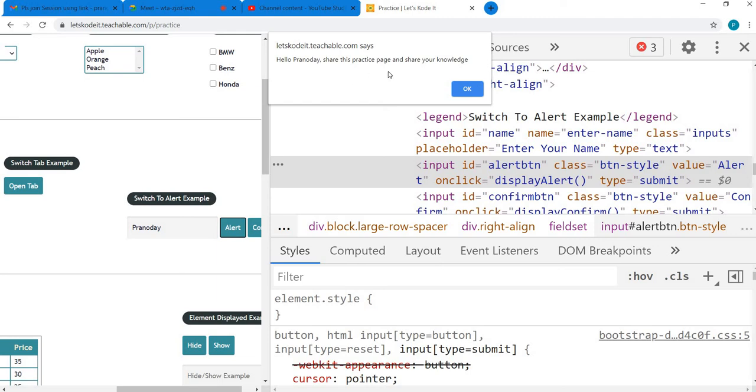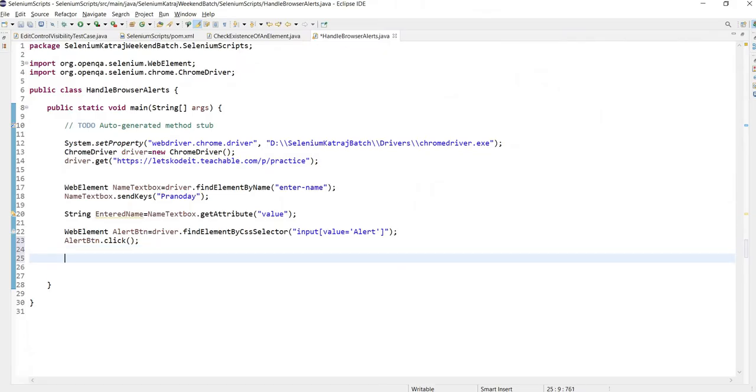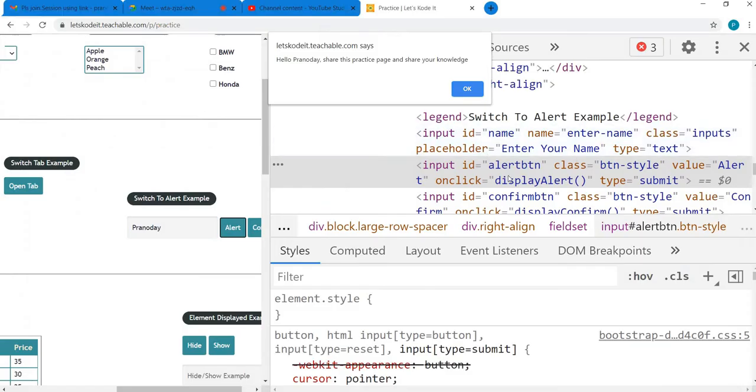What we want to do is fetch the text of an alert button, right? Right now our test is working on the DOM of the browser. Now we want to ask our driver to switch the working from the DOM to this element. This alert window is not part of this DOM architecture, which you can see at the back end right here.